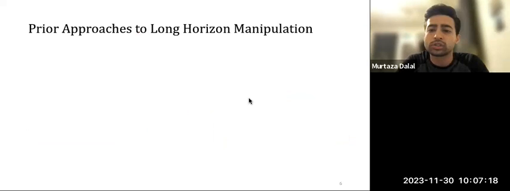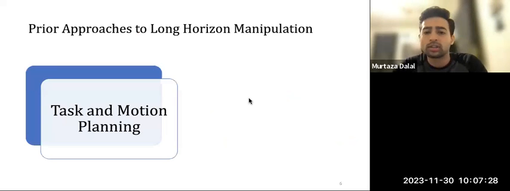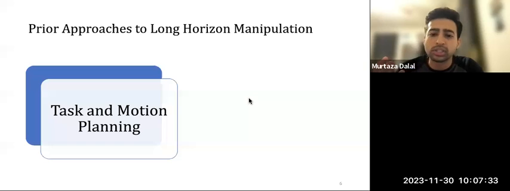So how have researchers approached long horizon manipulation tasks in the past? Well, the main workhorse from the robotics and planning community is task and motion planning. I'll go into more detail later on in the talk, but at a high level, TAMP involves reasoning over discrete sequences of primitives, task planning, while producing geometrically feasible action sequences, motion planning.